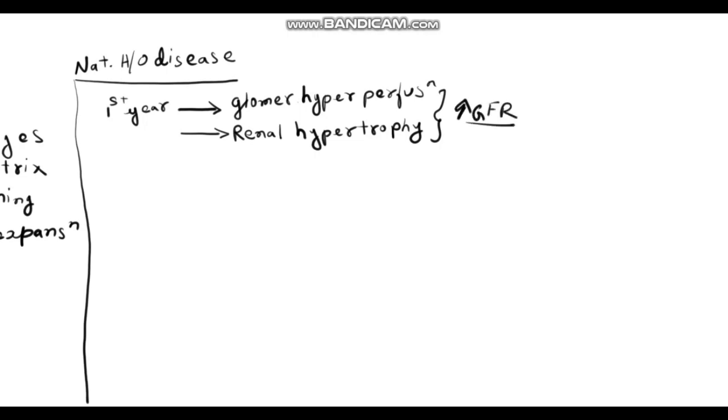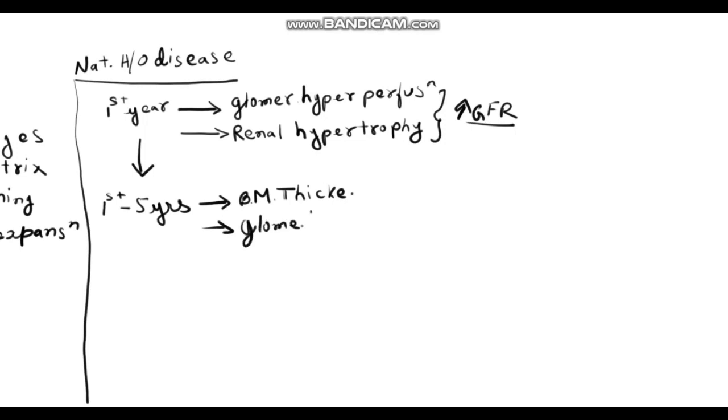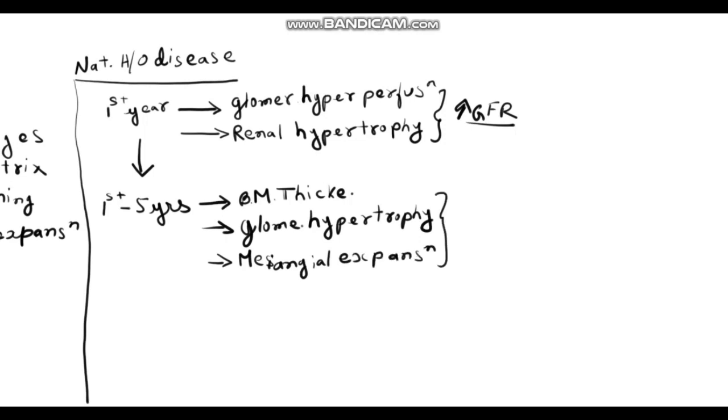GFR. Then in the first 5 years of the disease, there will be basement membrane thickening, glomerular hypertrophy, and mesenchymal volume expansion. After this, all these three factors will cause the glomerular filtration rate to return back to normal. And then after 5 to 10 years of the onset of the disease,